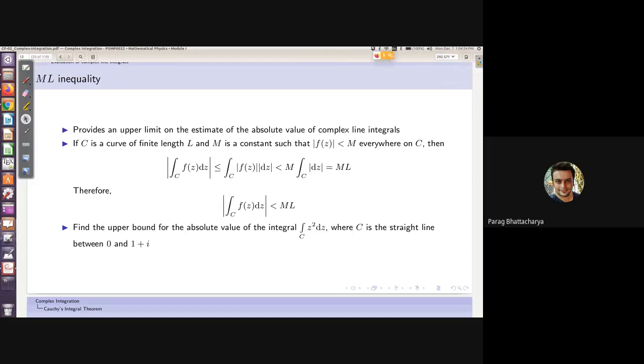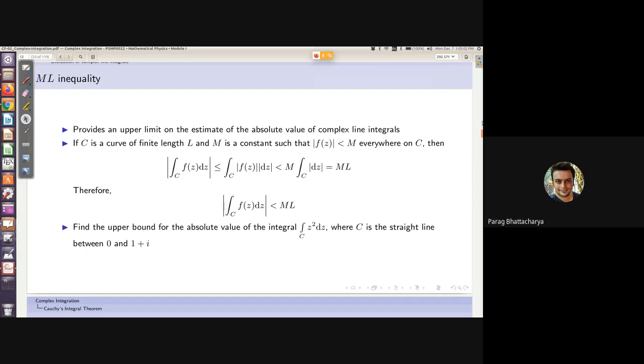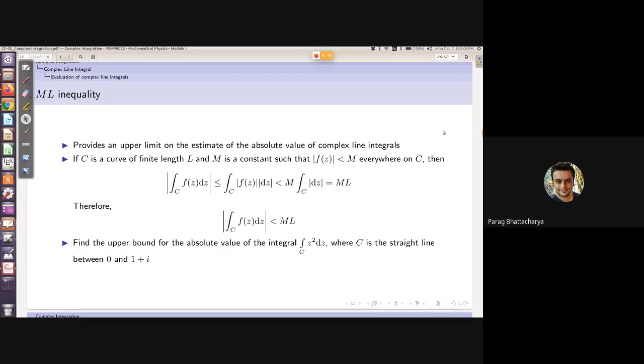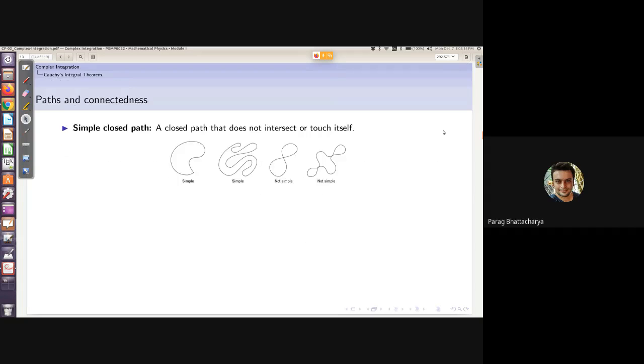So we had stopped at ML inequality last time. We'll take the discussion forward from here. ML inequality provides an upper limit on the absolute value of the complex line integral. Now, before we go to Cauchy's integral theorem, we need to talk about the kinds of paths